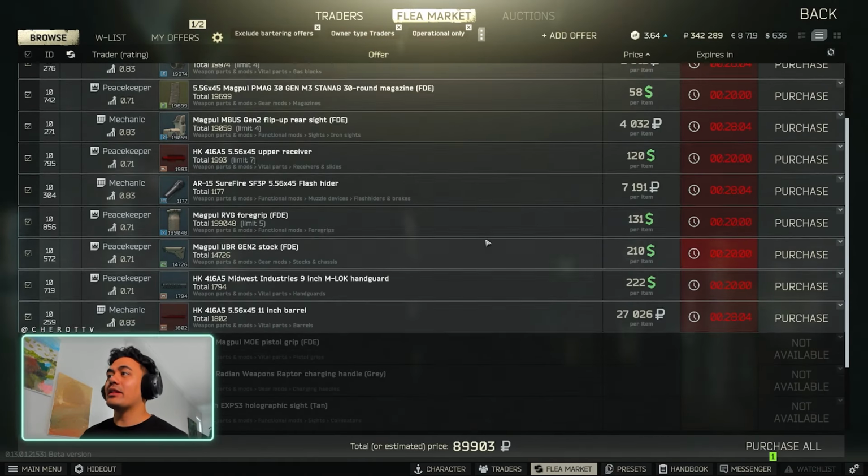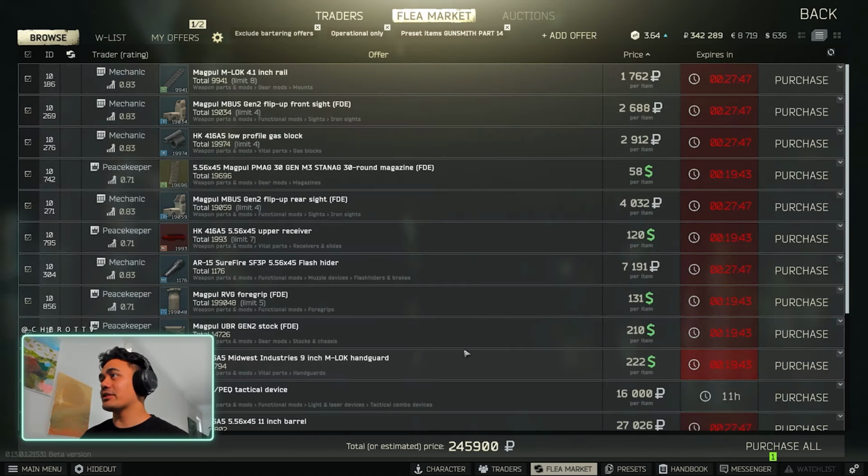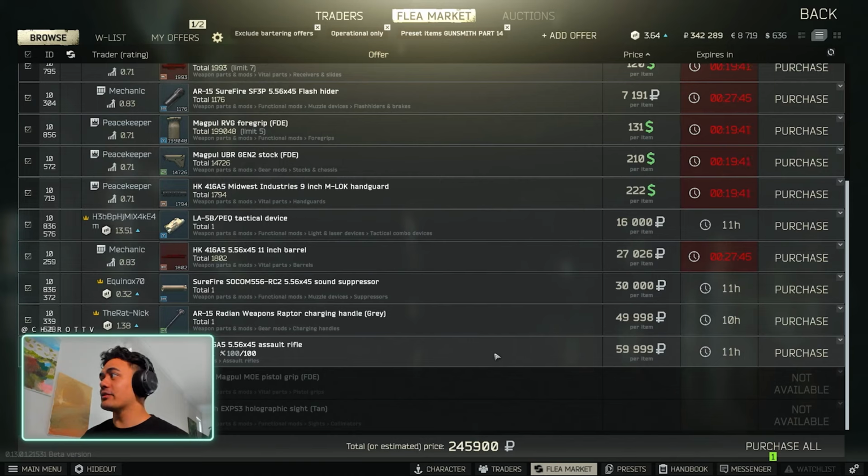Now, if you're going to find the parts on the market, a lot of them you won't be able to buy from traders. So this pistol grip, really hard to get. Charging handle, only available on the market sometimes as well. This sight, you can't get it. Some people trade it for about 250k at the moment. Like really, really stupid stuff. So if we go to check out what everybody's wanting to sell, top sight's not even available for buying from